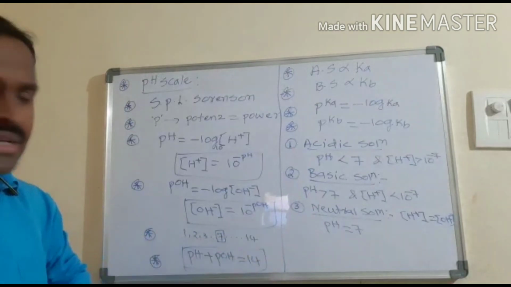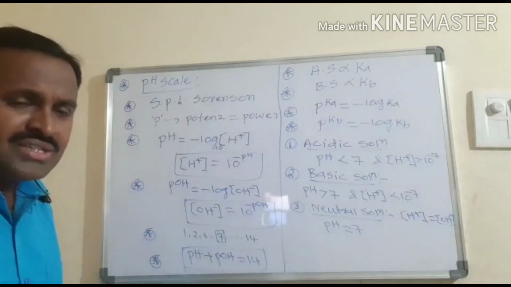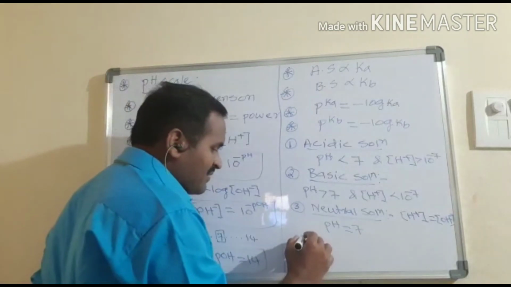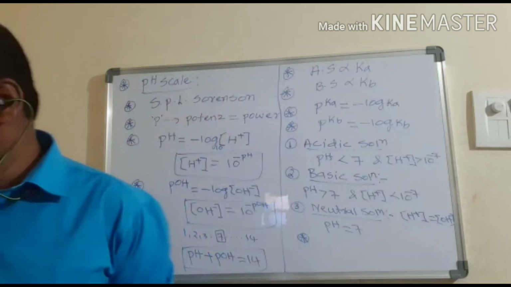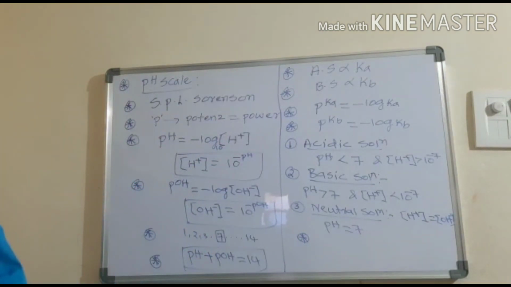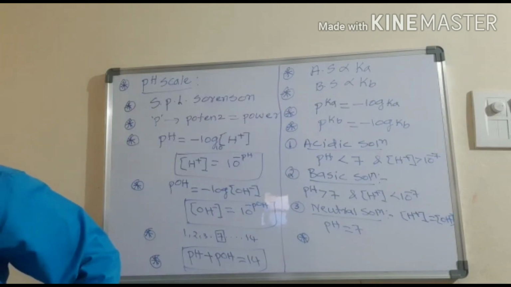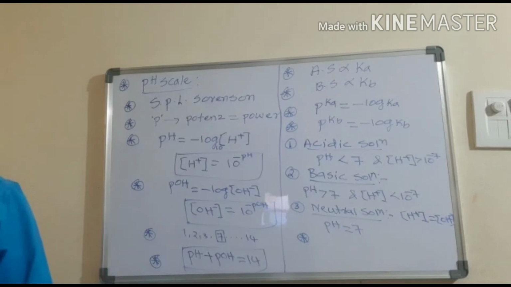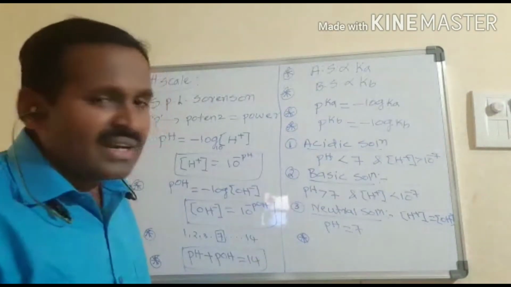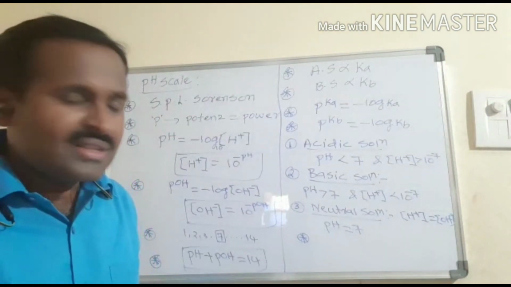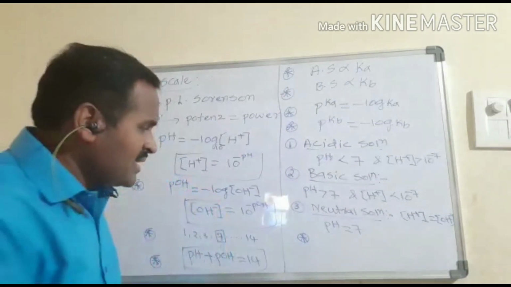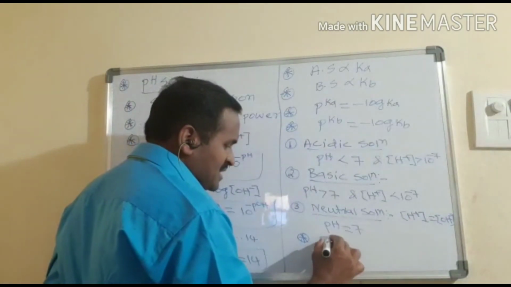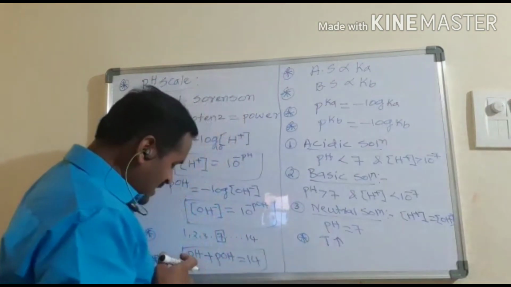So this is the basic concept involved here. In addition to this, we will also talk about the temperature effect. Suppose the temperature increases. What happens? Ionization of water increases, so the Kw value also increases. There is an increase in the H plus ion concentration and a decrease in the OH minus ion concentration. That means temperature is directly proportional to the ionic product of water.